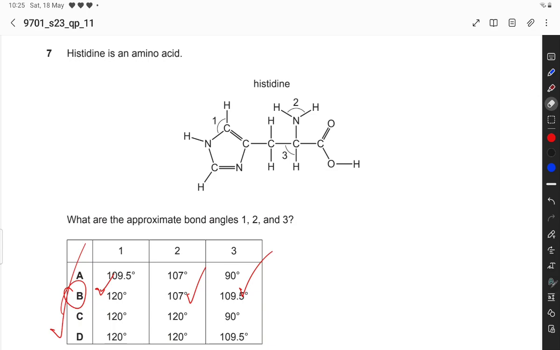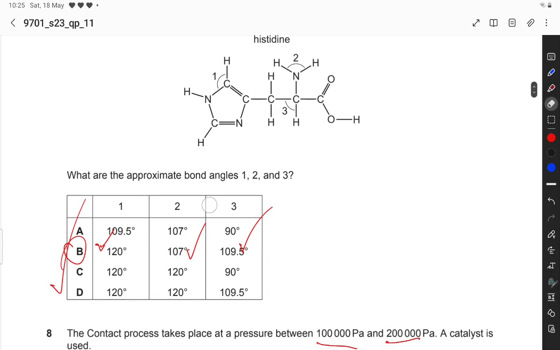Histidine is an amino acid, and the compound structure is given. What are the approximate bond angles 1, 2 and 3? We know this is 1, 2 and 3. So bond angles, this is trigonal planar, and the bond angle in trigonal planar is 120. Number 2 is also trigonal,